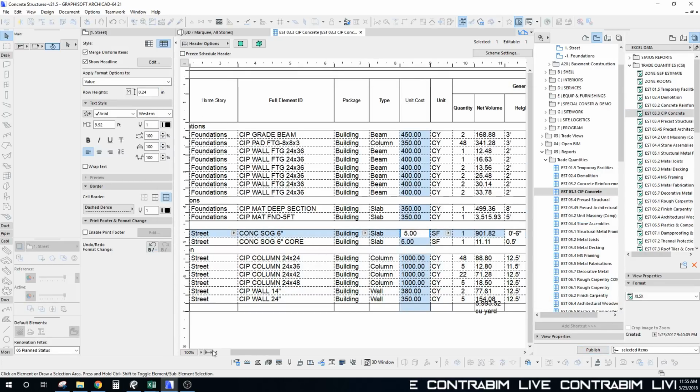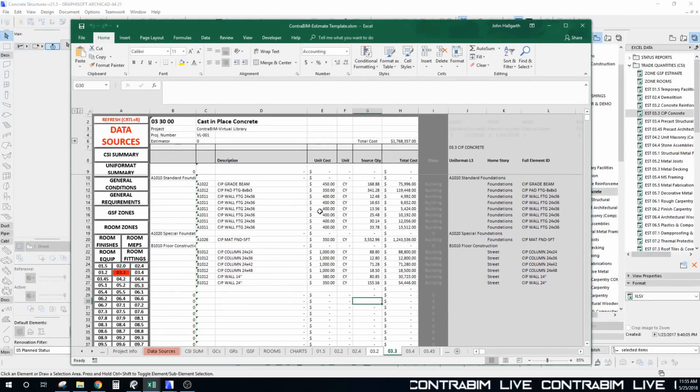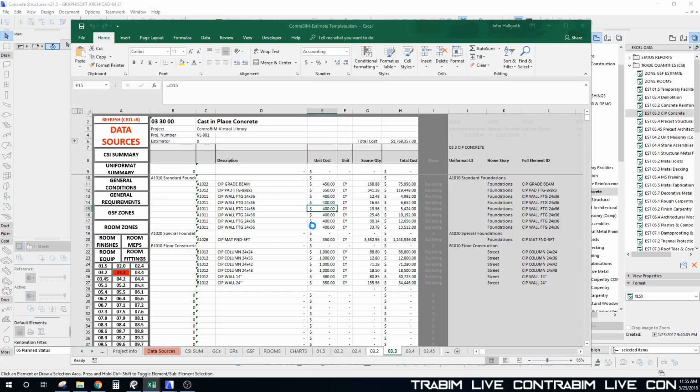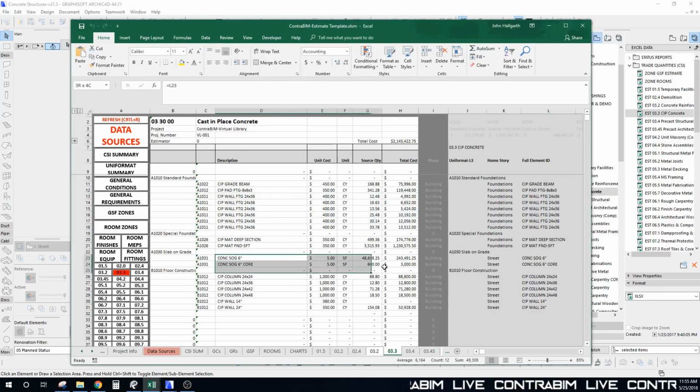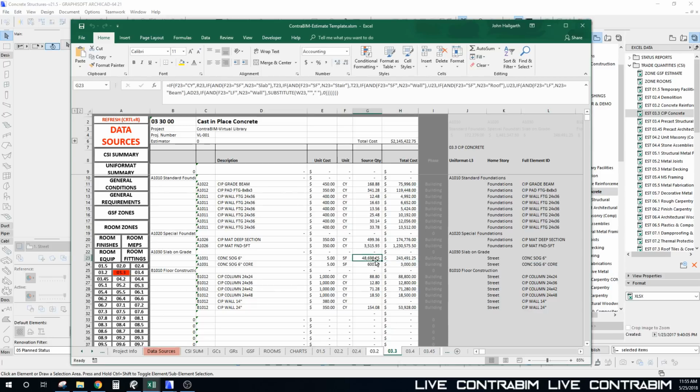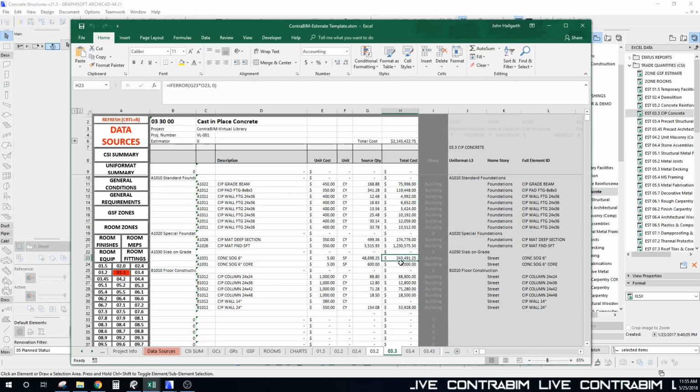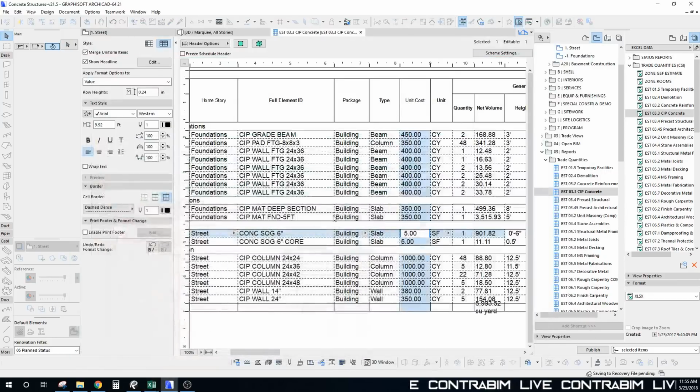And as we come over to the estimate template, we'll see that right now we don't even have a slab on grade category here under uniform map. But if I refresh now, since I've published that, this is just going to keep building that data set and adding those elements in. So I can see the value of those specific quantities coming through. So yeah, we got 48,000 square feet at $5 a square foot is giving us about $250,000 right there. So, okay, so let's go back,